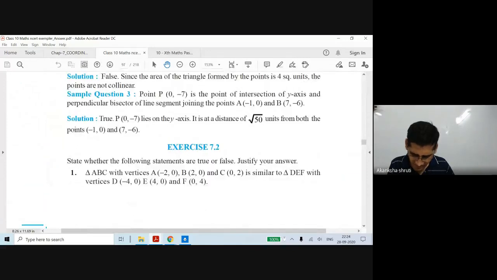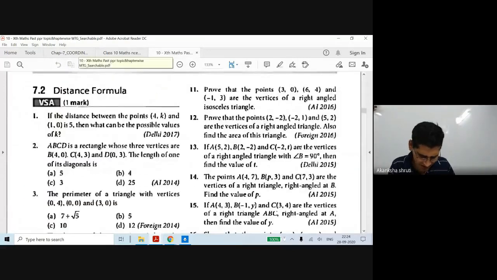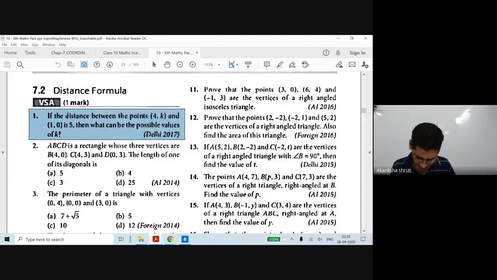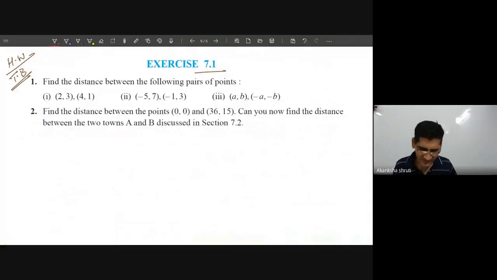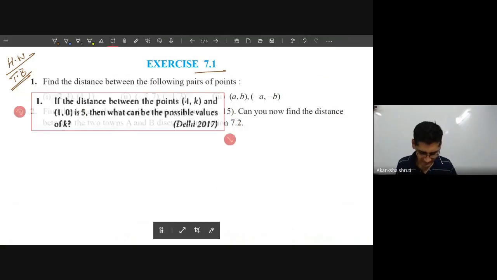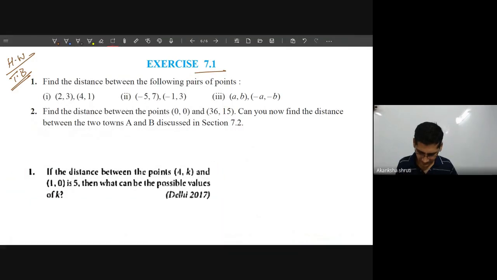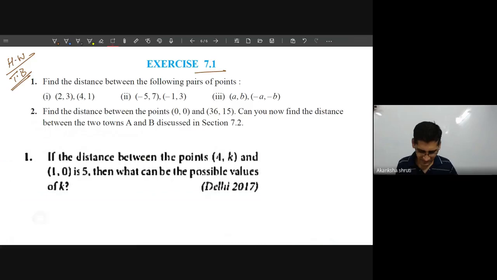Okay, we will do this example problem later. The distance between A and B is 5, then what can be the possible value of K? हाँ देखिए इसी का जस्ट एक टाइप और भी बोल देता हूँ, जस्ट आई विल टेक। तो 1 मार्क्स में कैसे क्वेश्चन आपको पूछे जाते हैं, देखिए 1 मार्क्स के क्वेश्चन है। So it was asked many times, such a question is asked.